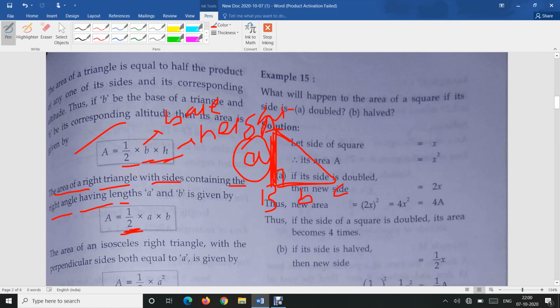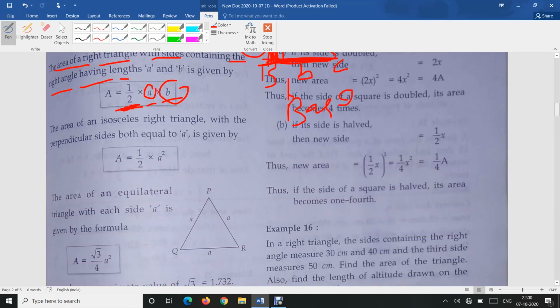So half multiplied by, in this case this perpendicular is falling on BC. That means BC is the base. This AB is a perpendicular, and if it is perpendicular that means it is height, because height is always at 90 degrees, which is a perpendicular. So it will be half multiplied by base multiplied by height. Half multiplied by base, which is B, multiplied by height, which is A. So half multiplied by base multiplied by height. The formula is the same. Now the next one is